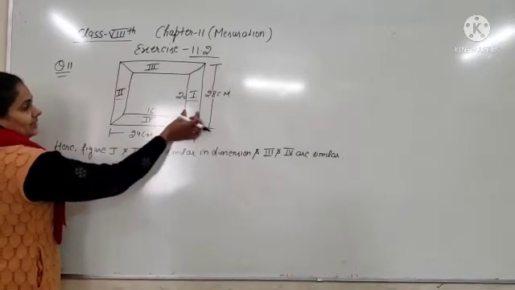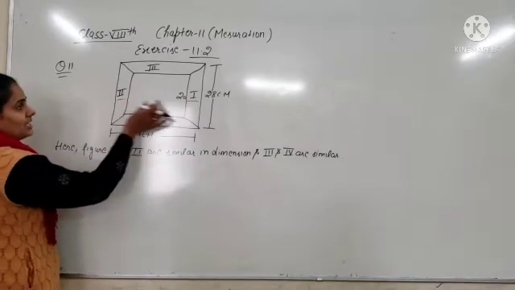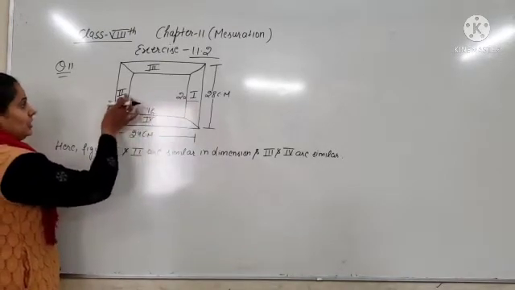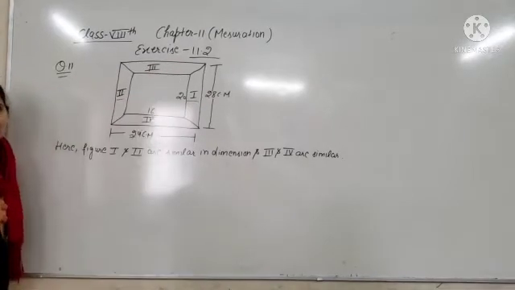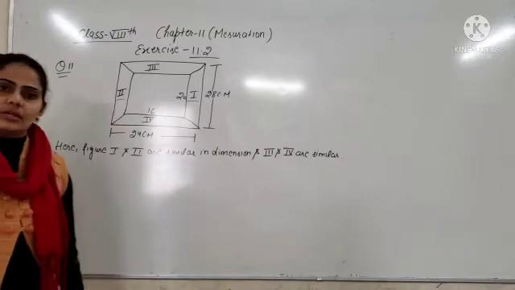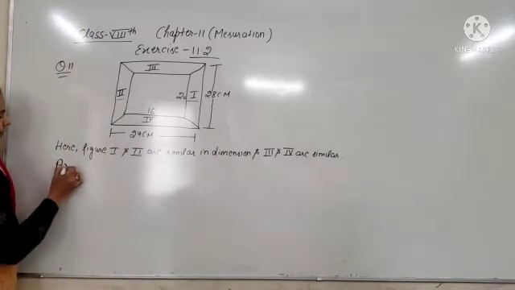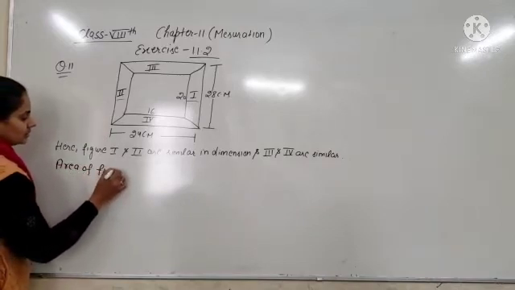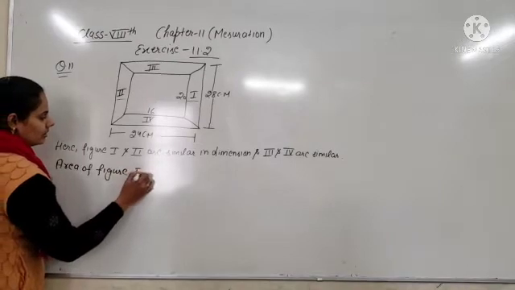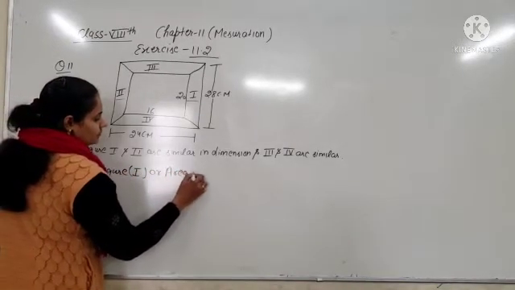So you can see 1 and 2 both are similar or same because dimensions are same. Okay, so area of both the figures will be same, and third and fourth dimensions are same, so area of these two figures will also be same. So one by one we will find out the area. So area of figure 1, or area of trapezium 1,